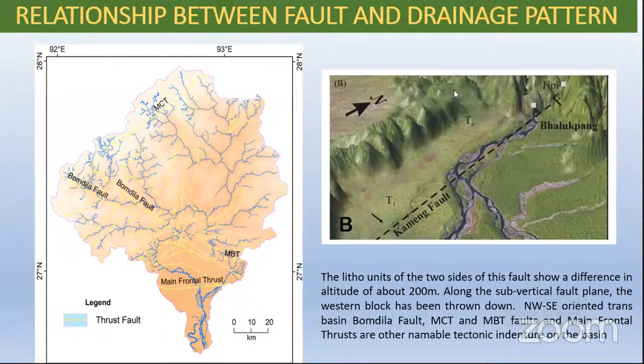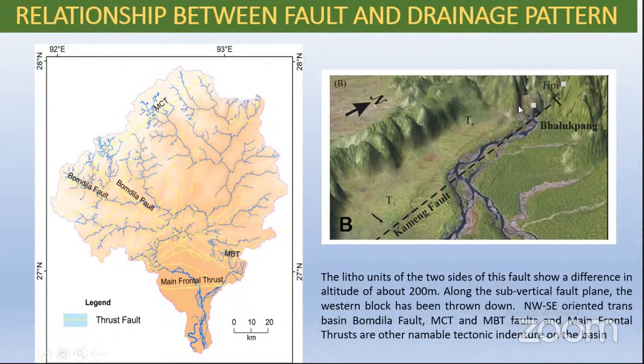And there is also a relationship between faults and the drainage pattern. From this map, it is clearly found that this area is totally guided by different thrust faults of the Himalayan system. As we know, the Kameng River basin is a foreland basin with respect to the hinterland of the Eurasian and Indian tectonic plates. Different studies show that several thrust faults are located here, and this area is totally influenced by this thrust fault